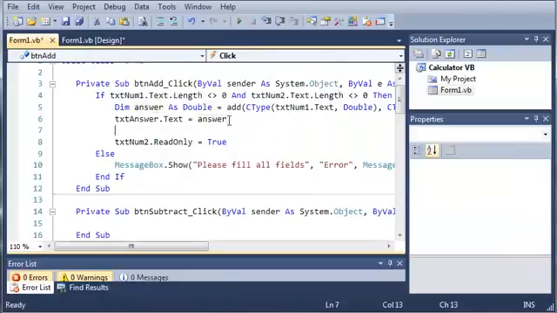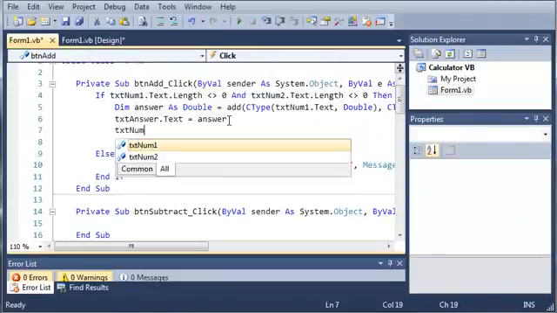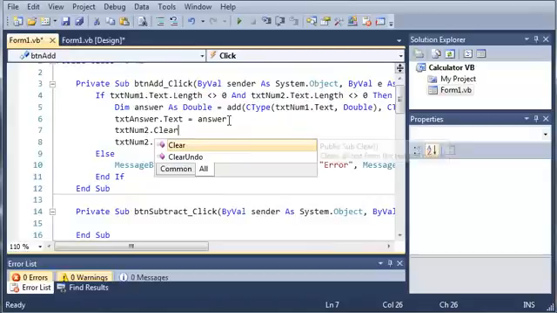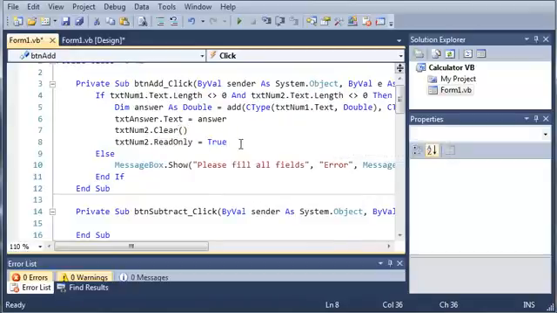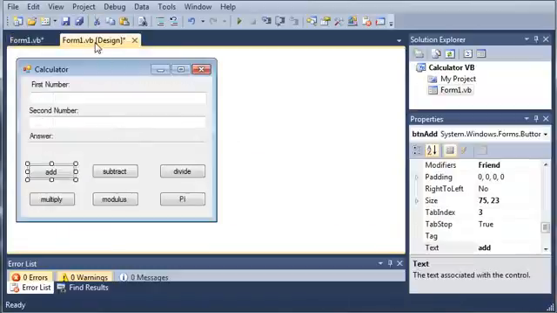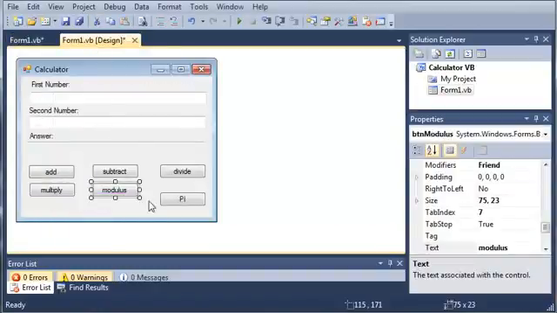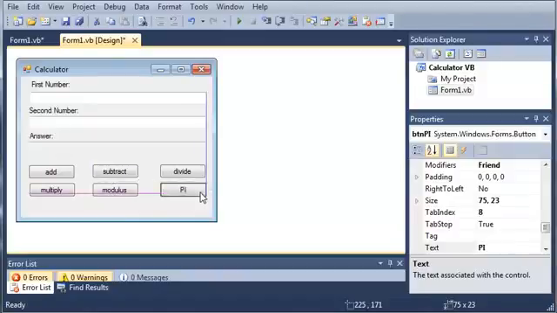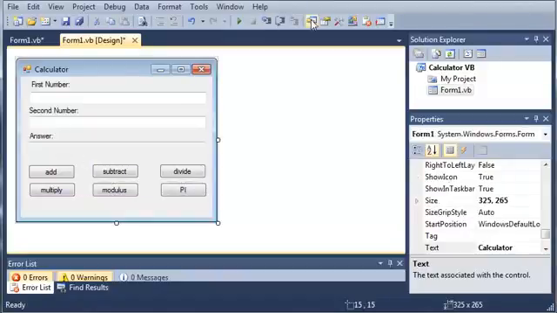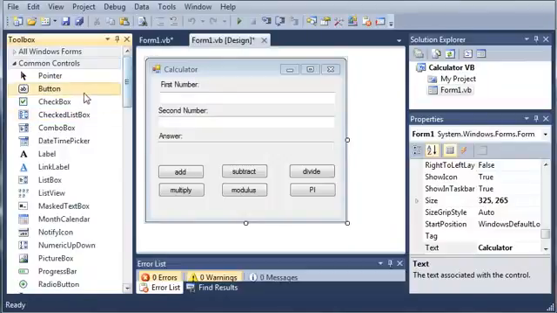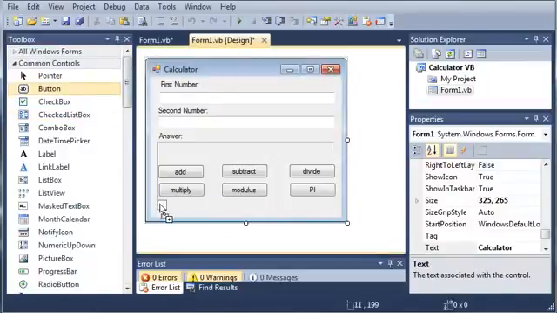So before we set it to read only, we're going to have to clear it. So text num2 dot clear. So this will let them keep adding numbers to the answer. And what we need to do, because we're allowing them to do this, we need to add a clear button. So we'll just come over here to our toolbox, we'll add a button down here,